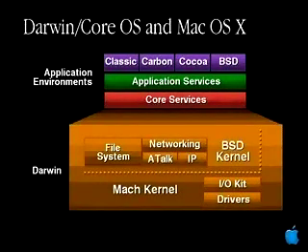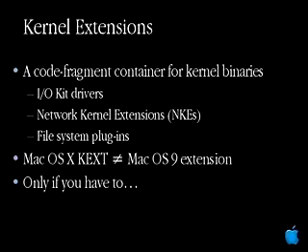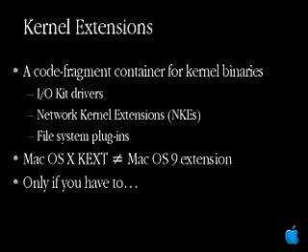I want to talk briefly about some of the kernel environment issues that you might deal with in macOS 10. Specifically, kernel extensions. I've mentioned that IOKit, networking, and file systems are all part of the KDK, the kernel development kit environment. There are a bunch of interesting issues that surround this, and we've tried to come up with a common model and set of services and architecture for supporting kernel extensions. Kernel extensions can best be described as a code fragment container for kernel binaries, basically a way to extend the kernel. And they're used in these services, as I've already mentioned.